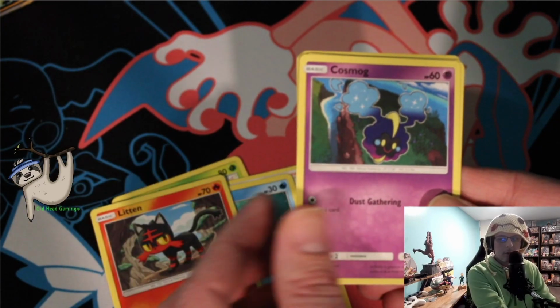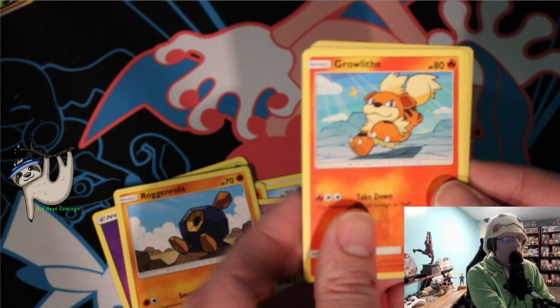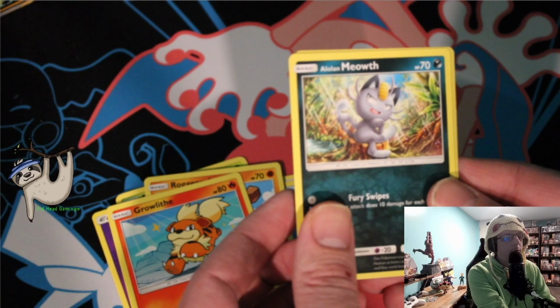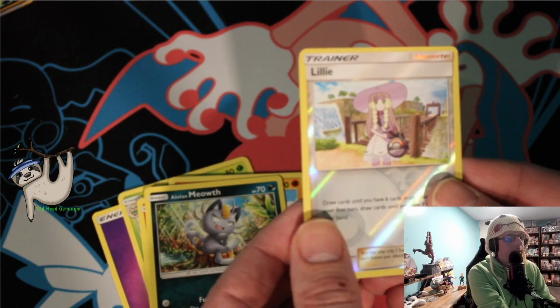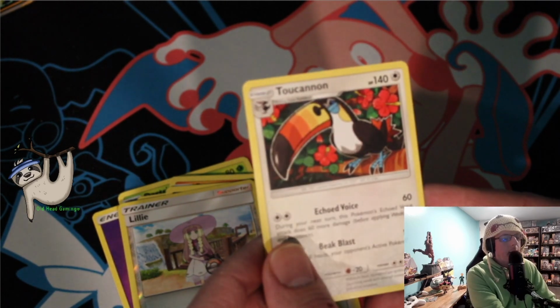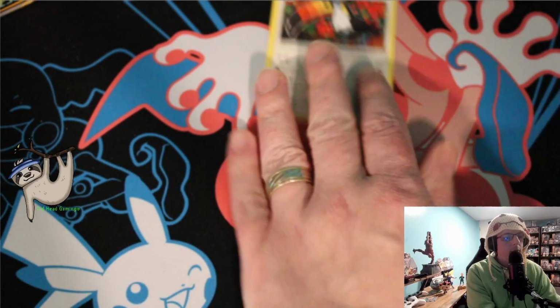Litten. Cosmog. Roggenroller. Growlithe. Meowth. That's right, Alolan form. Lily, and Toucannon. Jesus. I don't know what it is about Toucannon, but I have pulled a Toucannon rare out of